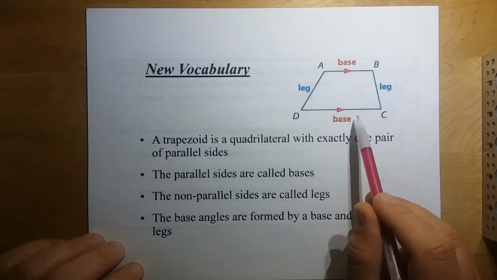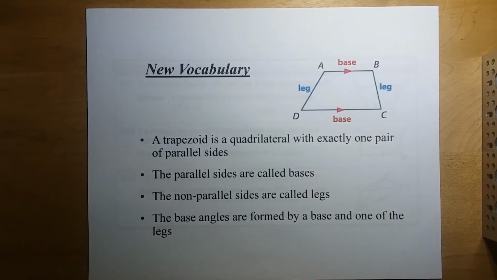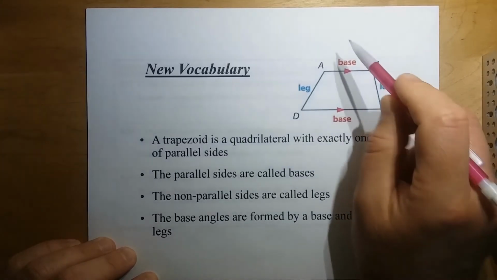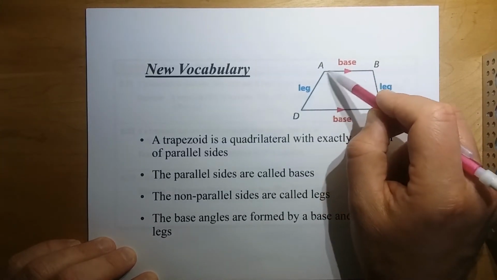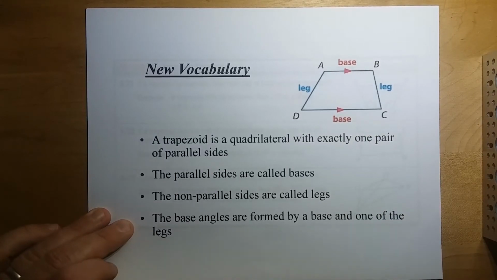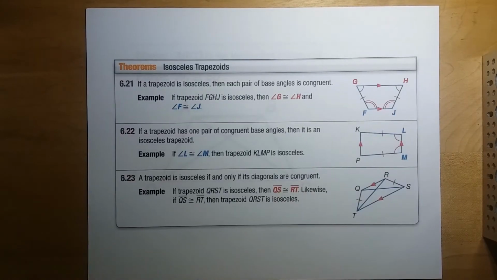These sides are called bases, and the non-parallel sides are called legs. The base angles are formed by a base and one of the legs. So here's a base angle, here's a base angle, but this is a base as well, so these are also base angles. All right, we're also going to talk about a specific type of trapezoid, which is called an